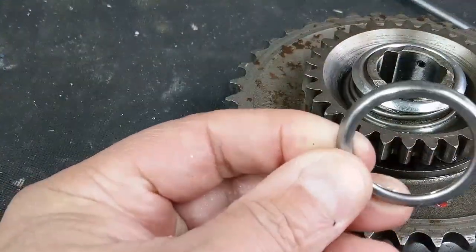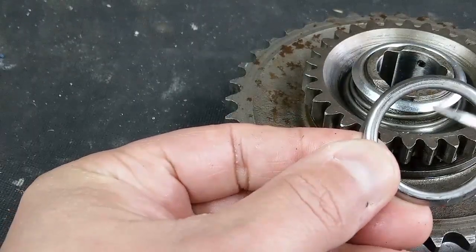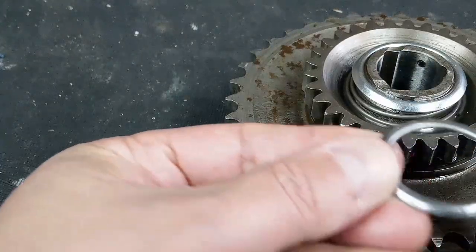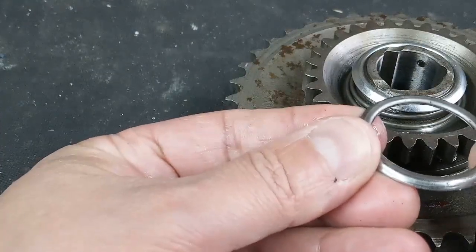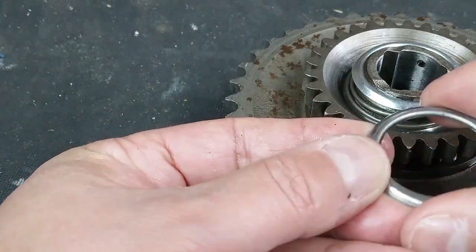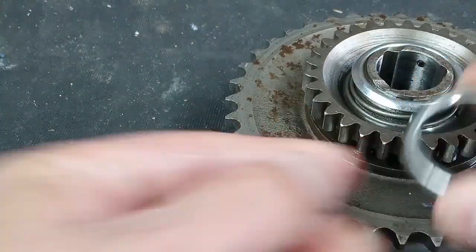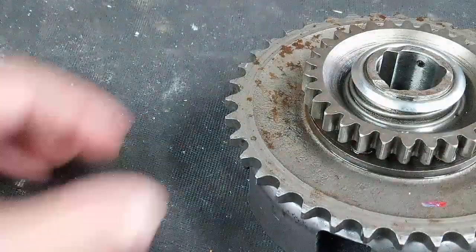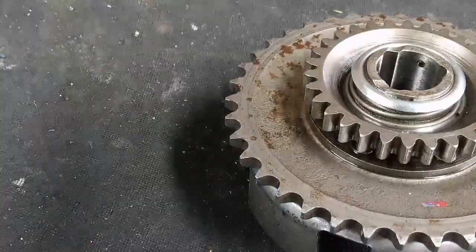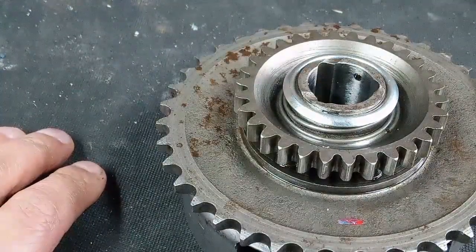You can see that it's just basically a plain hole in there now. But what there should be is a separate little ledge all the way around here. As the spring pressure pops it up, it catches on the circlip, and the circlip sits in that little recess. And when they get worn out, and that piece of metal basically wears away, it just pops off the end, and then your Kickstarter ratchet spring ends up just rubbing against the bearing, and